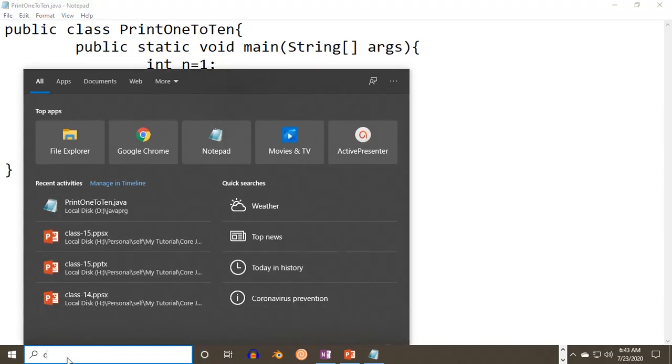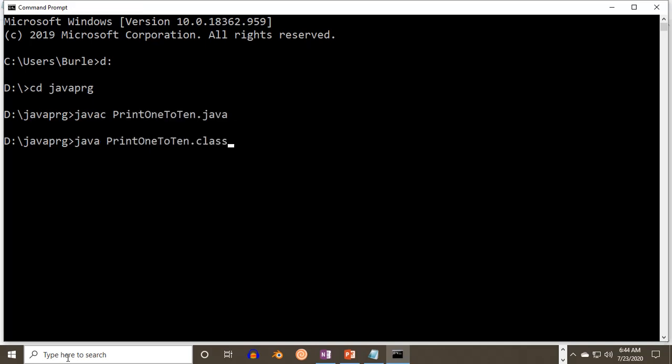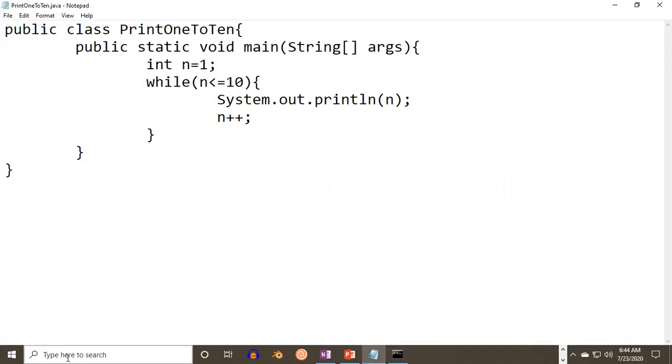So now command prompt, D drive, cd java prg, javac Print1to10.java, then java Print1to10. So it is now going to print the answer. Now let me explain how this is going to work.